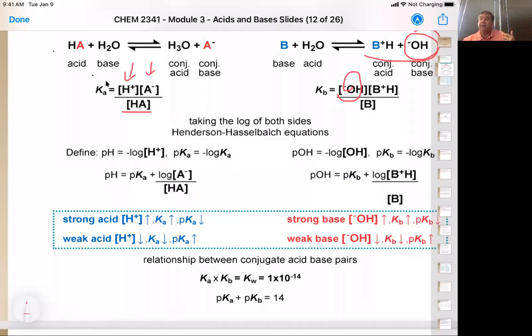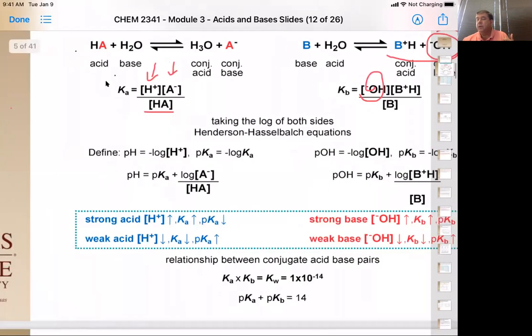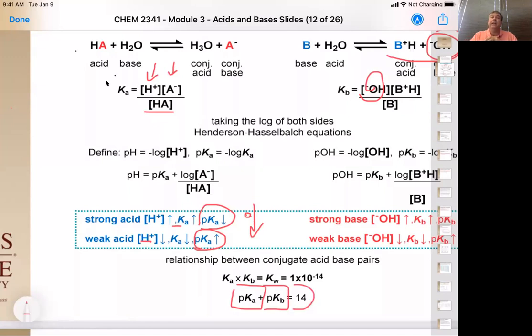So that means if we have a very high concentration of hydronium or hydrogen in the system, we have a high equilibrium constant, which gives us a low pKa. If we have a low number, so this is like 0 and below, and then if we have a weak acid, we're going to have a high K number or a positive number all the way up to 50 in our new system. But the important thing is that our pKa plus our pKb is always equal to 14,